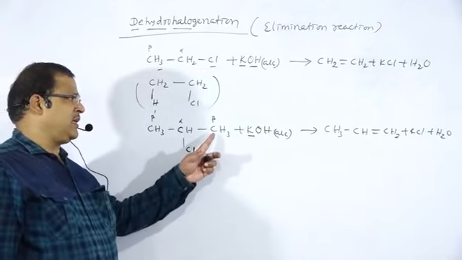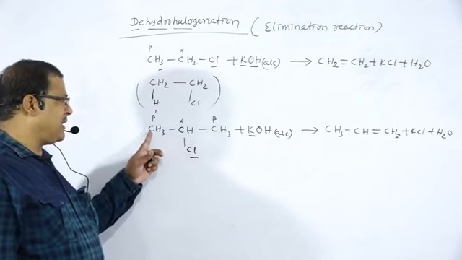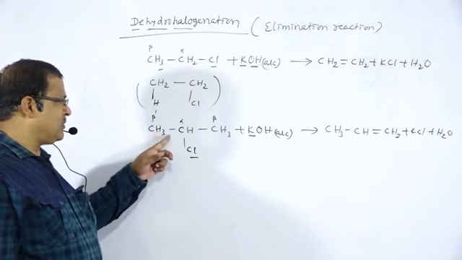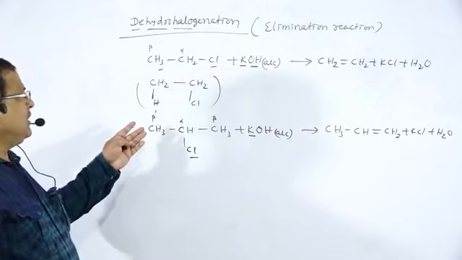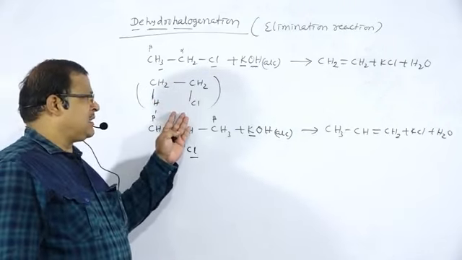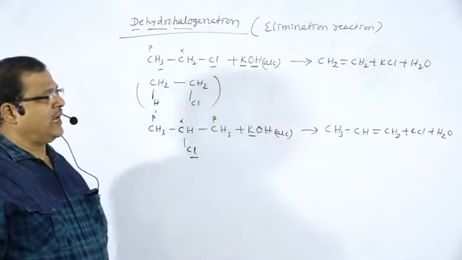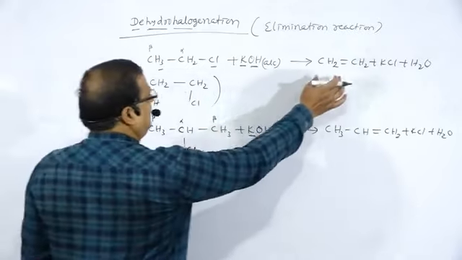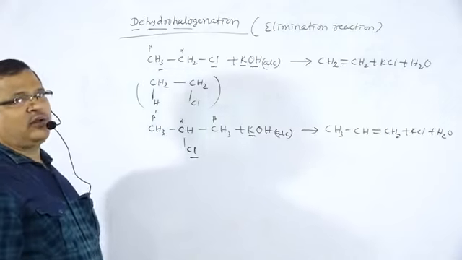Either we can take the beta hydrogen atom from this carbon atom, or from this carbon atom. If we take the beta hydrogen atom from this one, we have to insert the double bond here. It is the same, your propene. So alkyl halides react with alcoholic KOH, and there is the formation of alkene. The alkene so formed is ethene or propene, depending upon the alkyl halide we have taken.